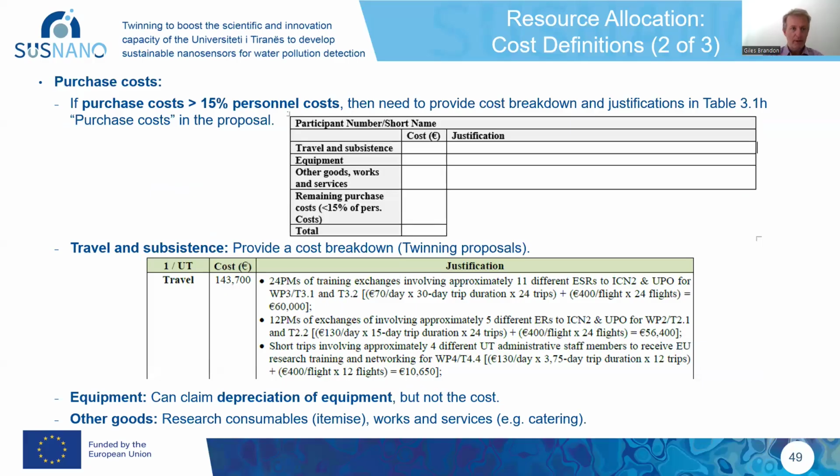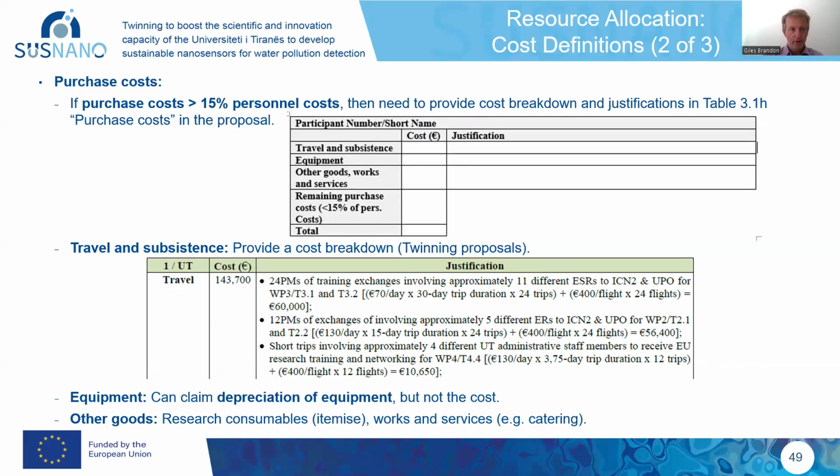We'll then move on to talk a bit about purchase costs. So there are several different types of purchase costs. The obvious ones are travel and subsistence and equipment, but there are also things like other goods, works and services and other remaining purchase costs. Now, before diving into those, the thing you need to be aware of is